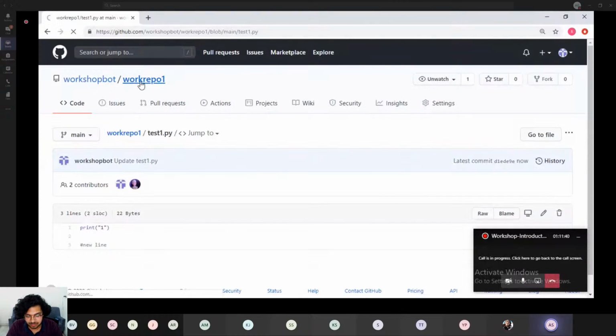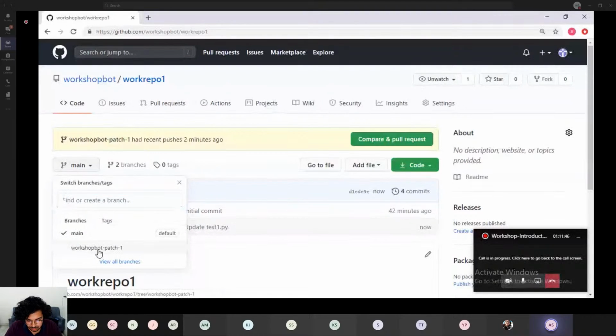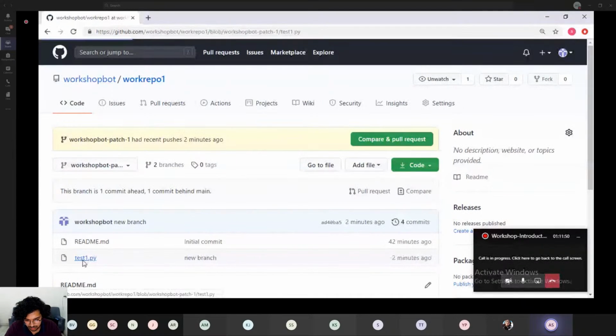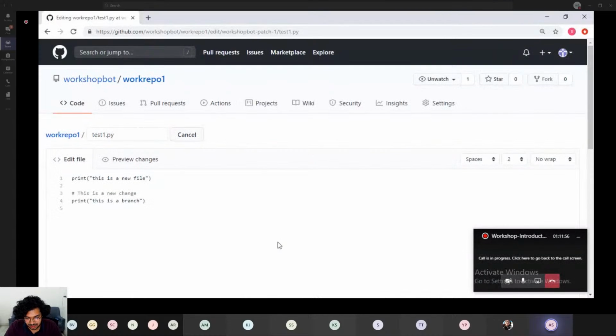But what if there is a second person who is working in the second branch, that is patch one, and whatever changes he needs to make, or whatever task he's assigned, for that he also changes this second statement or the third one.